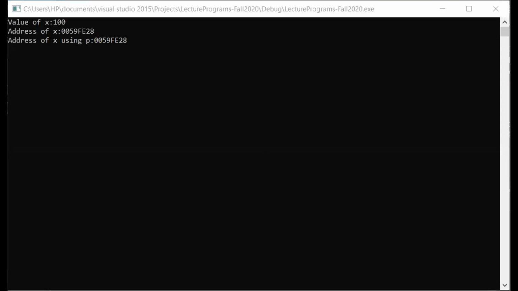Okay, so now I shift back to the board, right? And any confusion so far by looking at the program? If there's any, please let me know. Okay, if there are no further queries, let me just quickly write one more statement in the previous program, and then we will conclude the session for today. I'll not be writing main every time just to save some time. So I will just repeat these statements. Let me just change a few variable names, so that you don't get used to the same variable names.